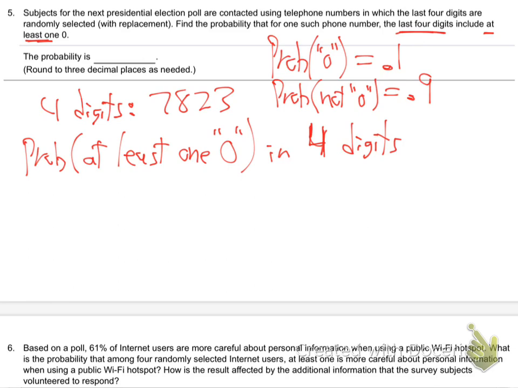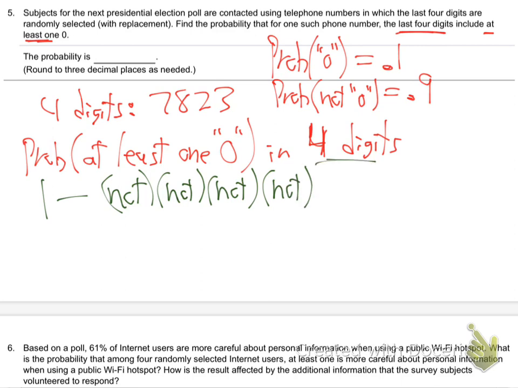All right, so can you finish up that problem then? Try applying this formula. This is another "at least 1" question, isn't it? So let me let you. How do you do it? At least 1 is 1 minus not times not times not times not, for 4 digits. So 4 nots. At least 1 is the opposite of none. So it's 1 minus none, and none is not. Not what? Not what?